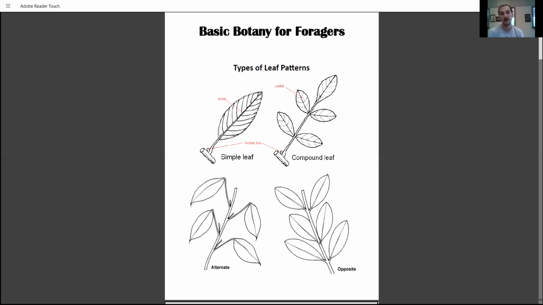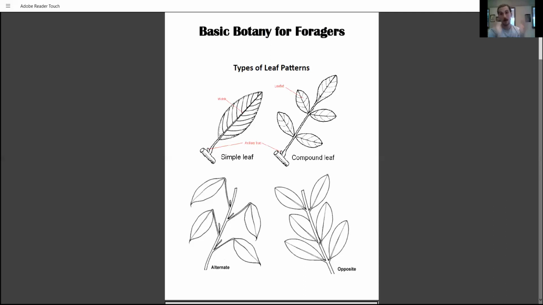Moving to the other half of this page, we have alternate versus opposite, and this is just referring to the position of leaves on a stem. And it is as simple as you see there. If the leaves are alternate, then you have one on one side, and then there is usually a gap of some kind between where that bud is forming, and then you have to go up the stem so far before there will be another bud, and that other bud will be on the opposite side of the stem. And so you have this alternating back and forth,